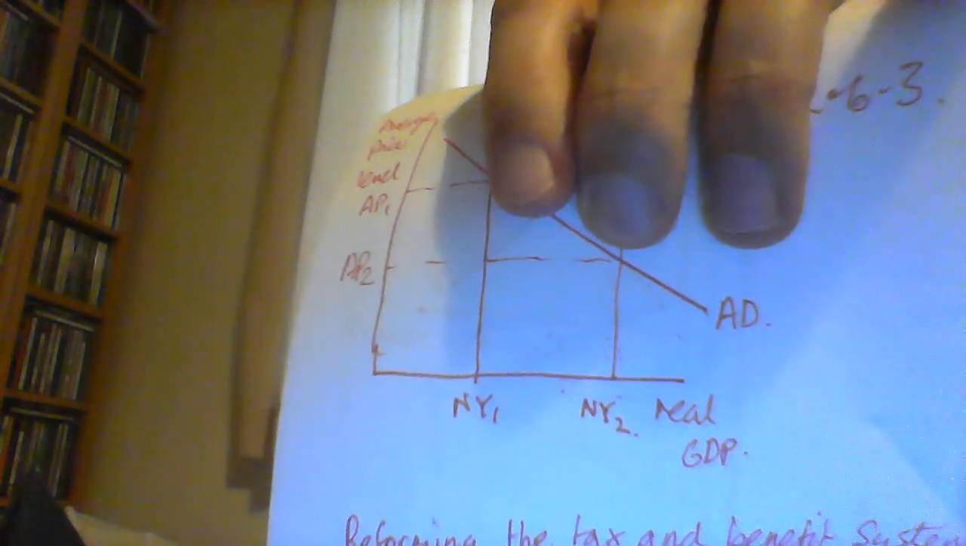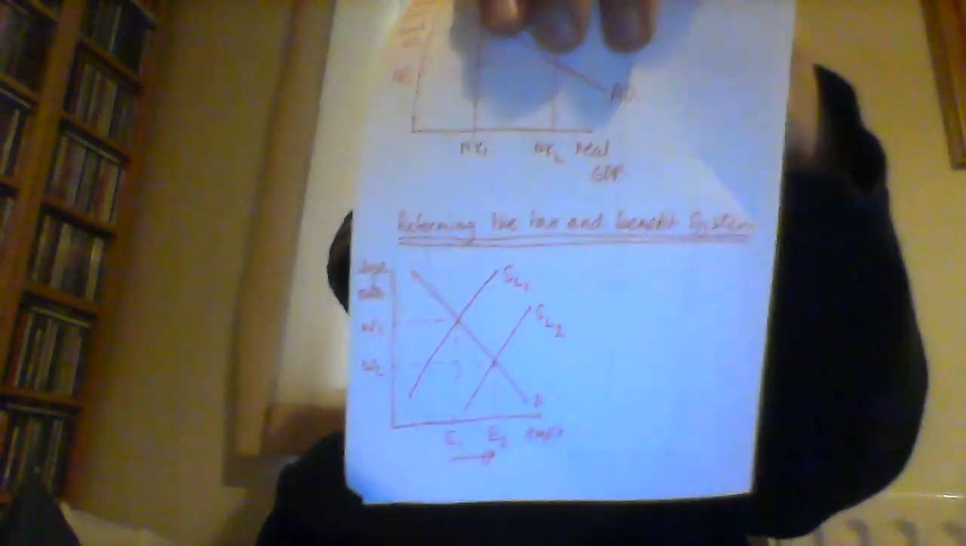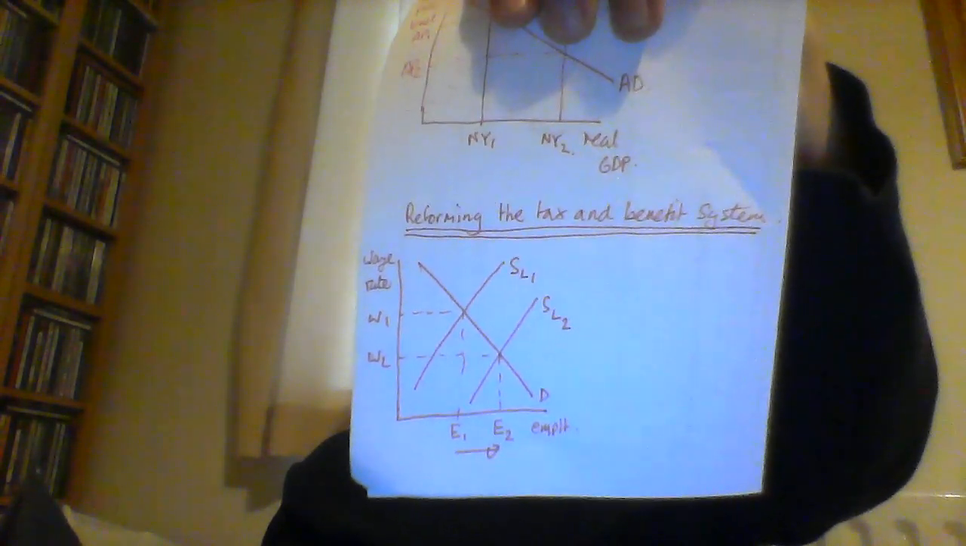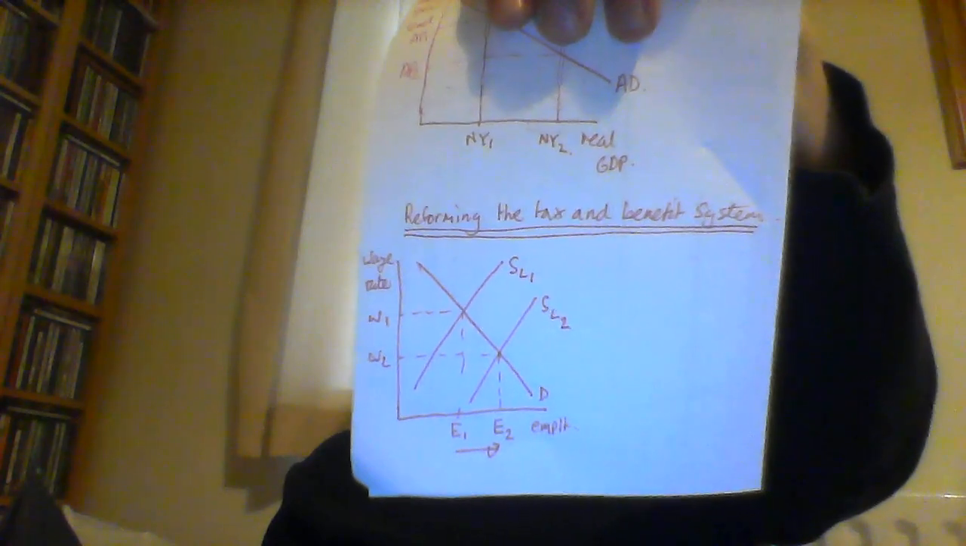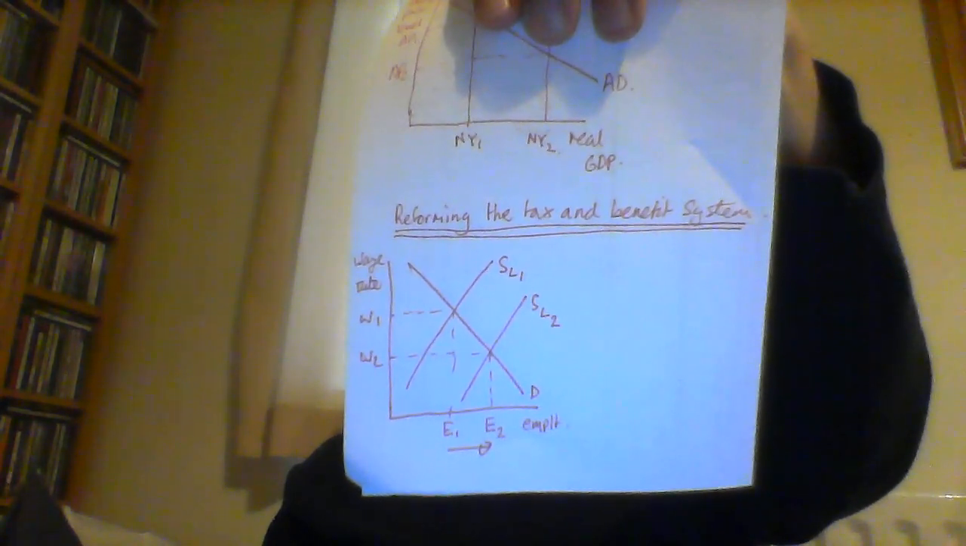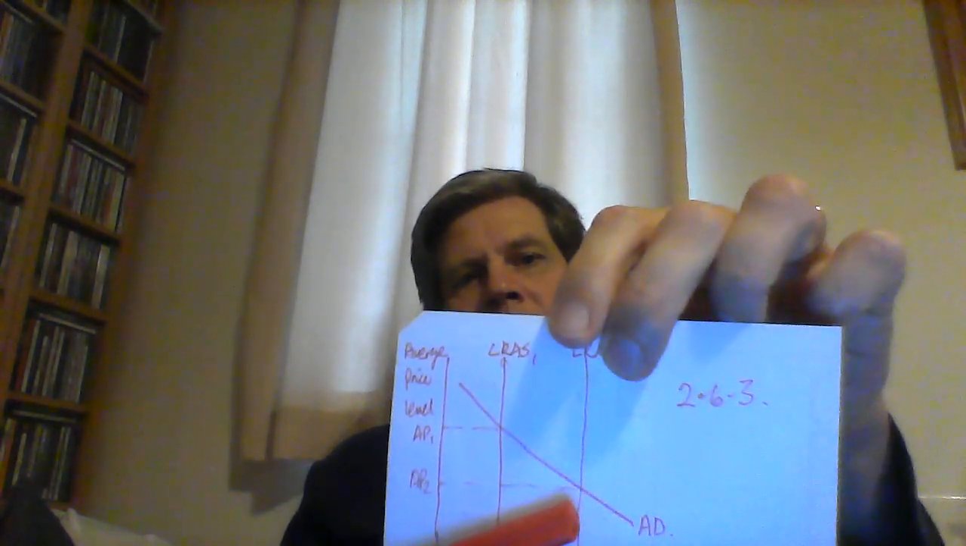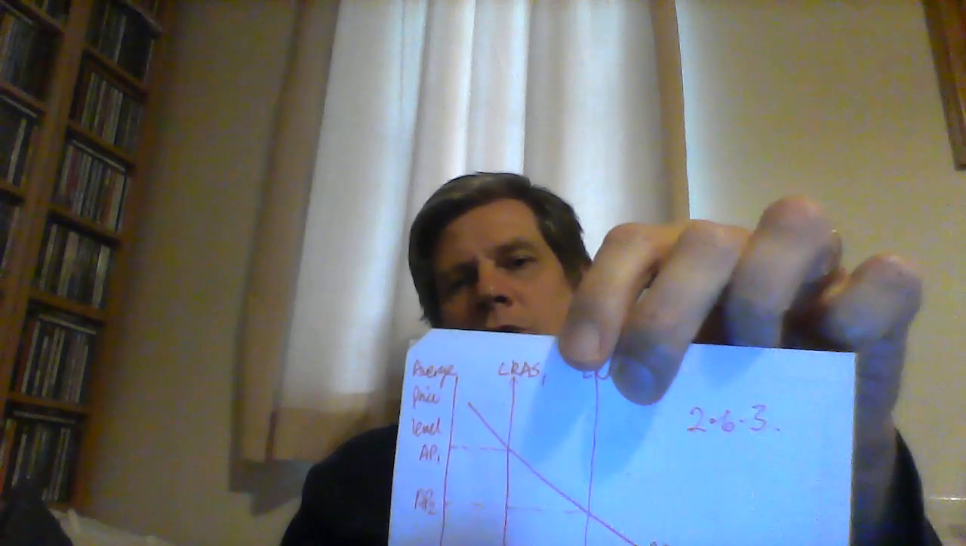So the increase in the supply of labour will shift the supply of labour to the right. What that does is it causes the equilibrium level of employment to increase from E1 to E2. The increase in the equilibrium level of employment across the macroeconomy will lead to an increase in output at general equilibrium. And that's why reforming the tax and benefit system will shift the long-run aggregate supply curve to the right, creating long-run